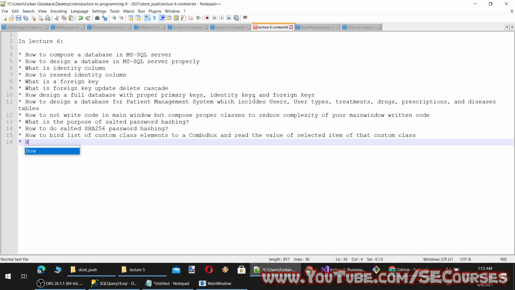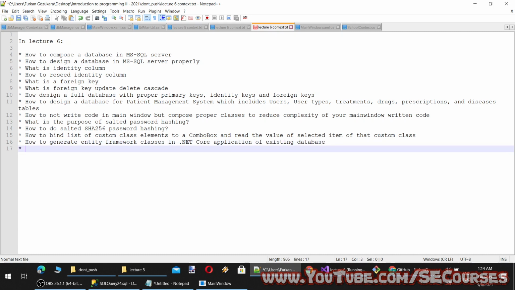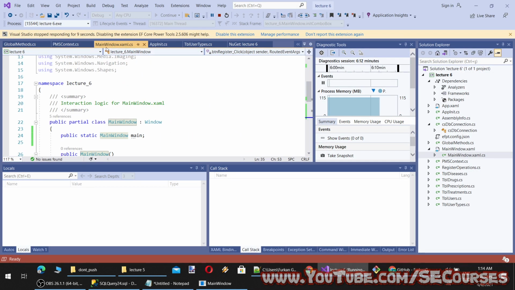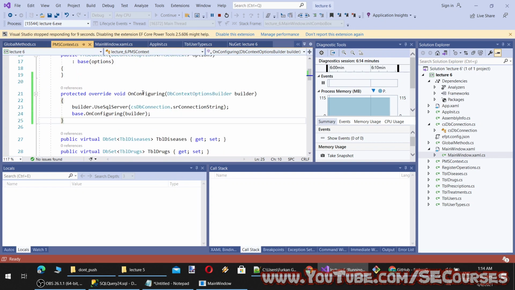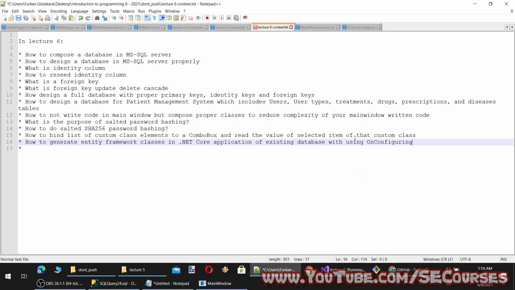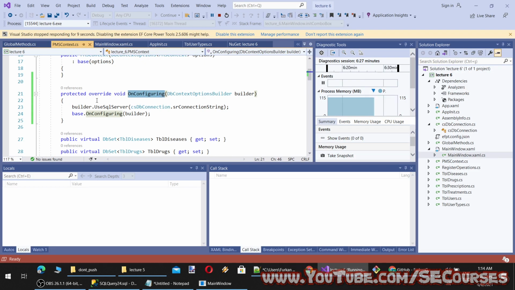How to generate models in a .NET Core application from an existing database. Okay, on configuring.